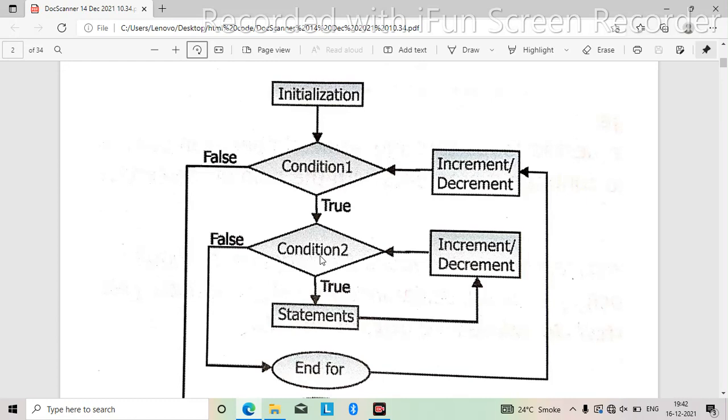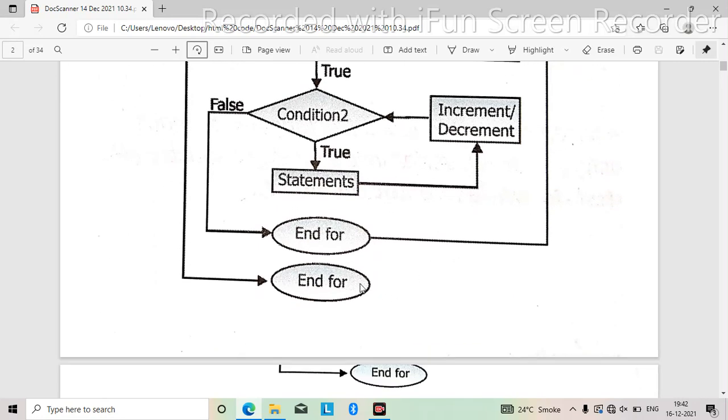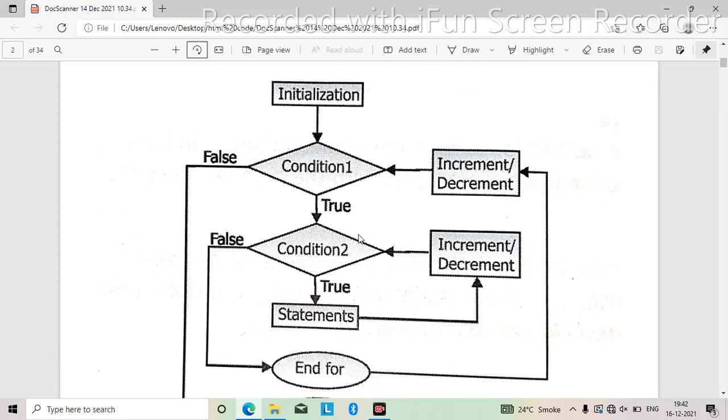So 5 is again greater than 4, then again it will go to the true block, and we will write here the statement that both conditions are true. If the condition is false, for example 4 is greater than 5, then the condition will be false, and the loop will come to the end part, meaning the loop will terminate. Based on this flowchart we will make a Java program.